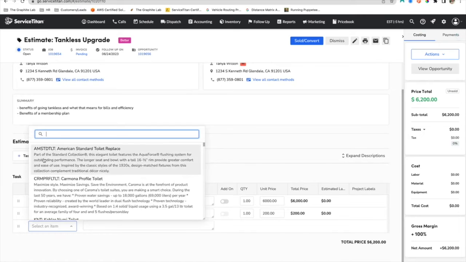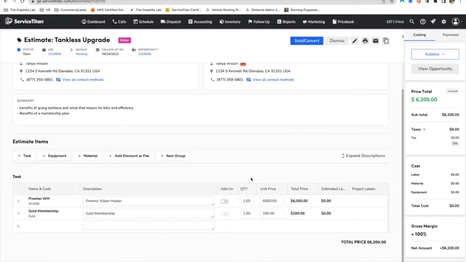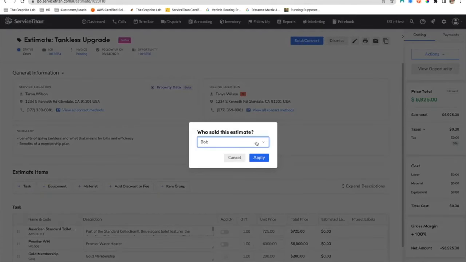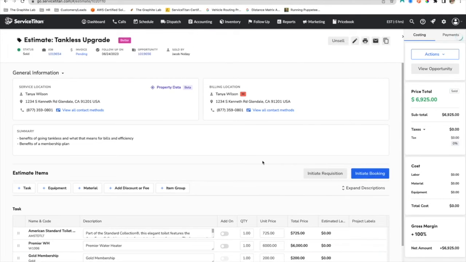So let's say you wanted to add a task, like a toilet replacement to it. You can go ahead and do that. And then if you want to resell and convert it, all you've got to do is click sold. Give the credit to whoever sold it, apply, and then this is where you can actually initiate the booking process